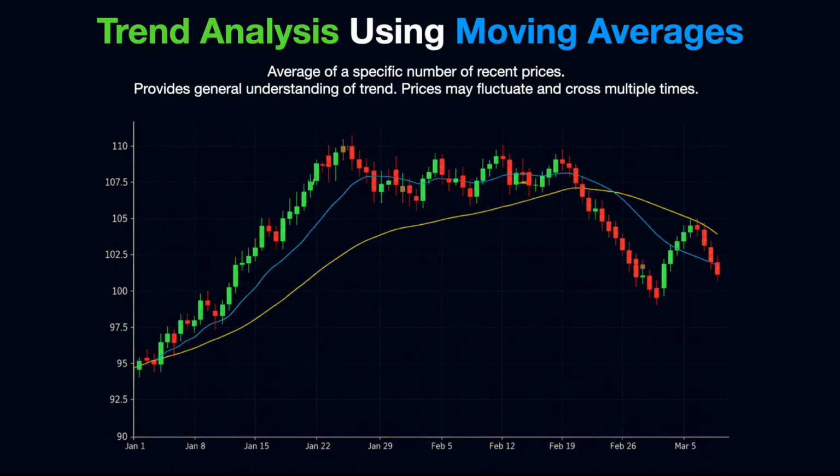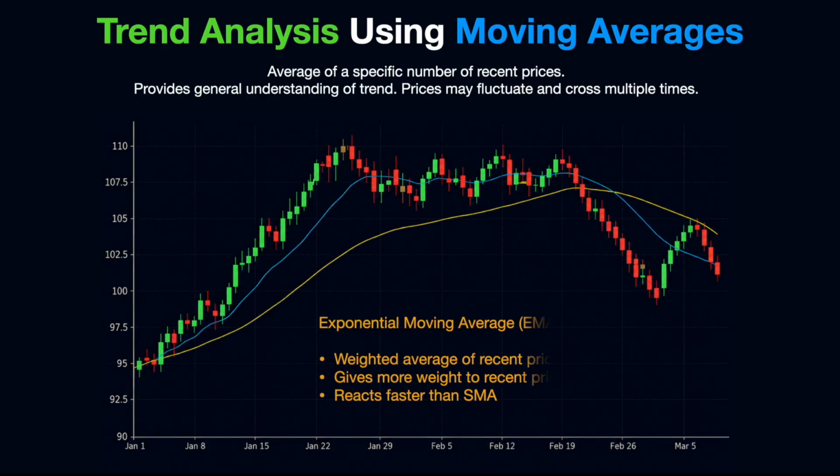In addition to simple moving averages, some investors also use exponential moving averages, also called EMAs. An exponential moving average still creates a smoother trend line, but it gives more weight to the most recent prices. This means an exponential moving average usually reacts more quickly to recent price changes than a simple moving average. So when the price starts moving up or down more strongly, the exponential moving average may adjust faster than the